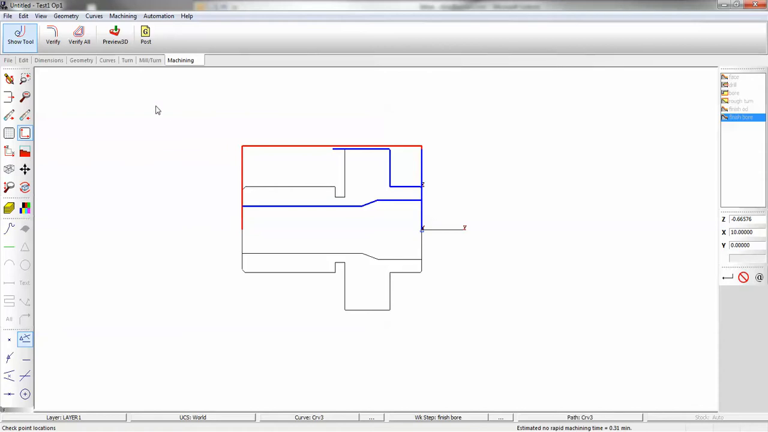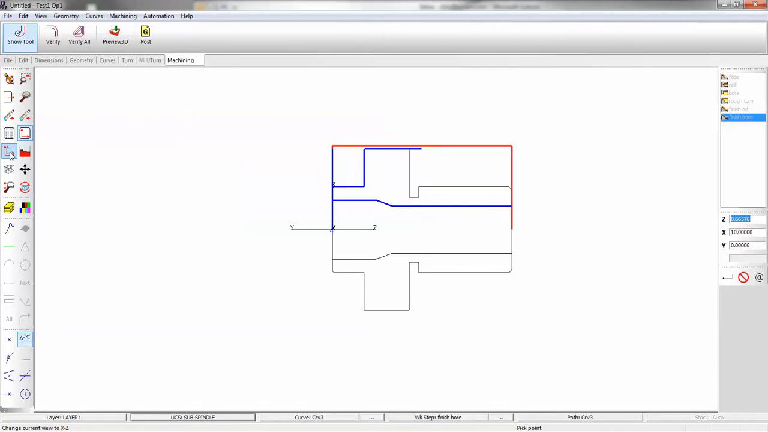So what we need to do is make our subspindle our active coordinate. So down here you have world. We're going to switch that over to subspindle and do a top view. And I'm going to take the subspindle and I'm going to move it 3.5 inches so it's on the face of the part. So we're going to go to Edit, Move,